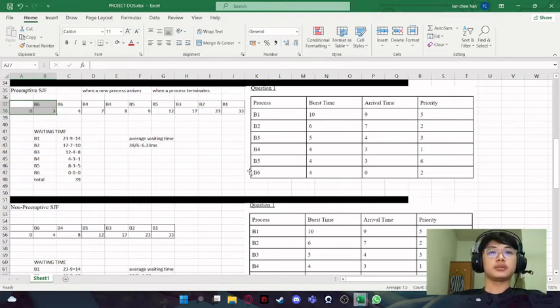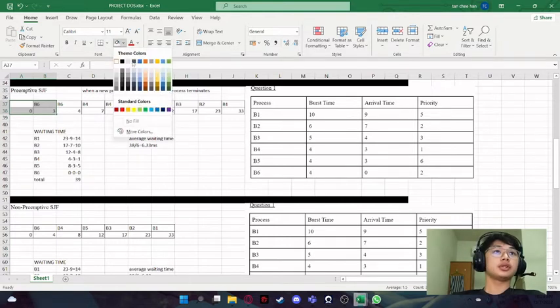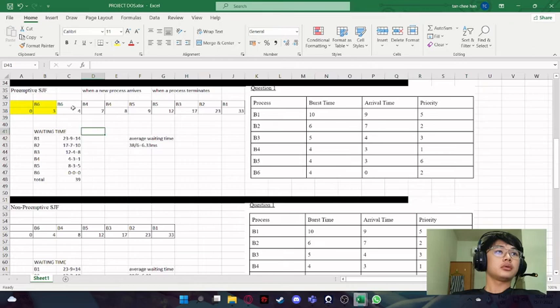we choose B6 because B6 has the 0-second arrival time, because every process needs to start from 0 second. At 0 second there is no other process coming in, only B6, so we just choose this. After that, we will run until the 3rd second, because at the 3rd second another process comes in. That is B4 and B5, so we stop at the 3rd second and continue to run B6